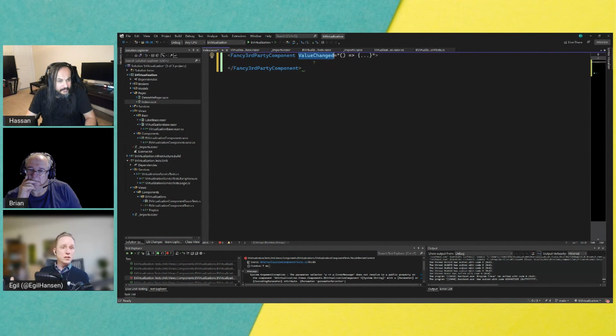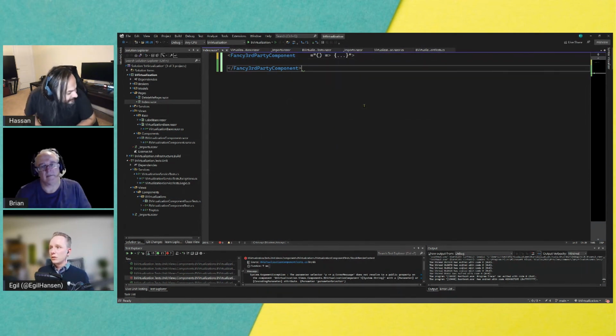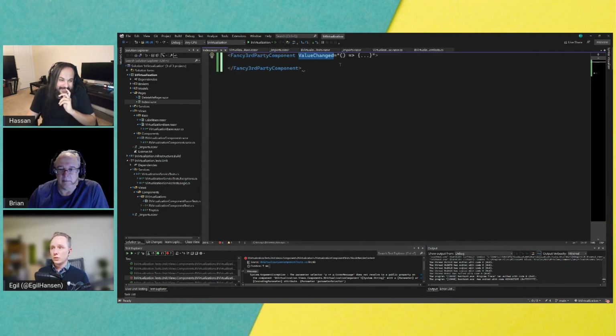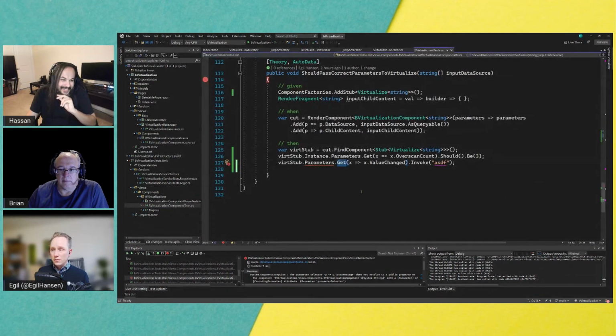Then my test breaks, even though I'm still doing things the right way, because I had to dig into the internals just to trigger that thing. So what you can do instead is, if we go back to the test here, let me copy paste, we had get value changed, and that would return the event, and then you would call invoke on that, and pass in whatever value you were expecting to receive here. But here, instead of having get, I want to say invoke,